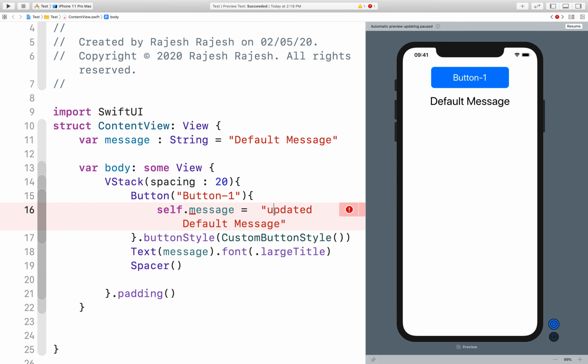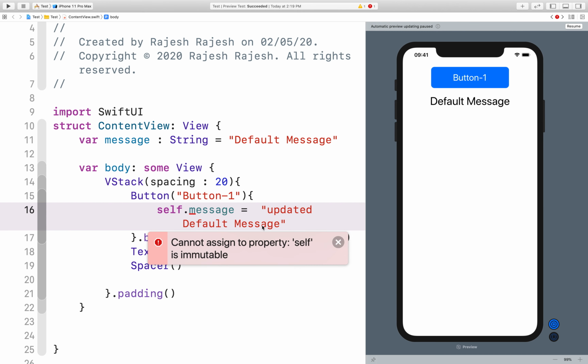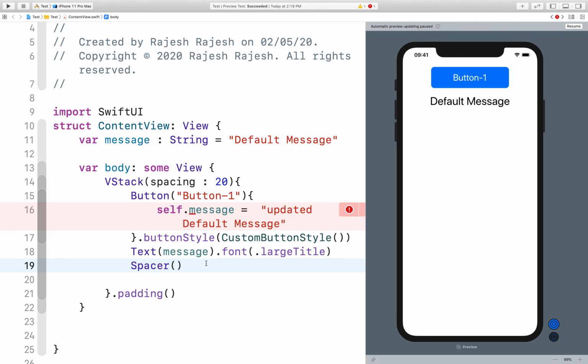Here I am assigning the new value, but it gives me an error: cannot assign to a property, self is immutable. Because, as we know, structs are value types, so we cannot modify any property inside a struct.